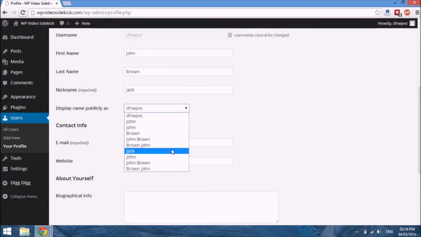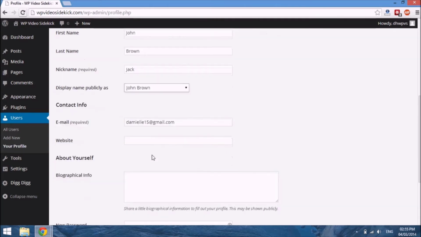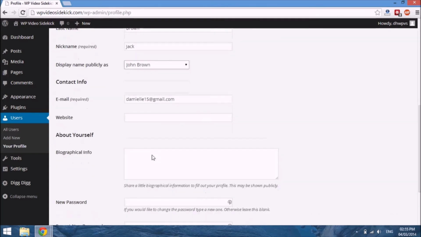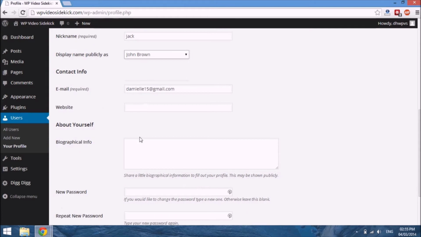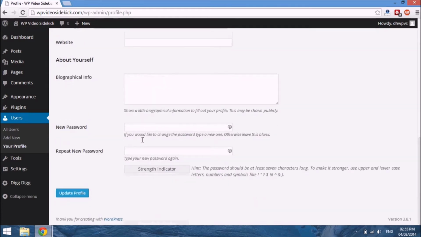So for example, I could put Jack for my posts and pages, or I could put my full name, John Brown, and you can also change our contact information here, put a link back to our website, some additional bio information,